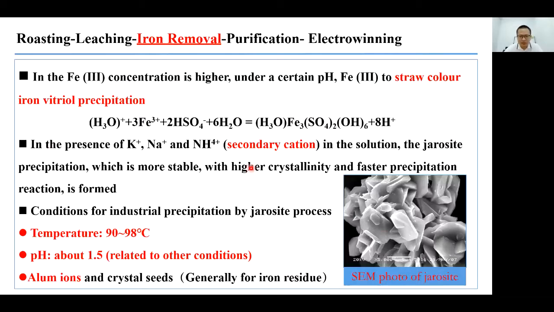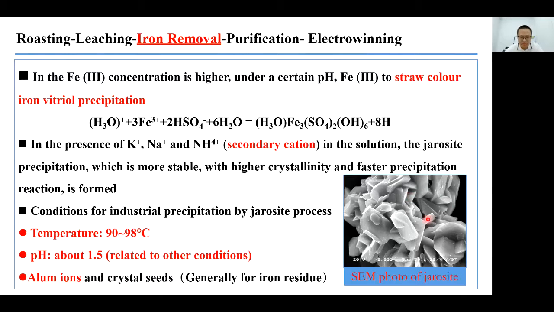And the methodology or the mechanism of the iron removal, if we are using the jarosite, actually this is a picture taken by myself more than 10 years ago. Actually, it's around 14 years ago, 2007, and we did the experiment in our lab. So this is very well prepared jarosite, very big in particle size, and very fast in the